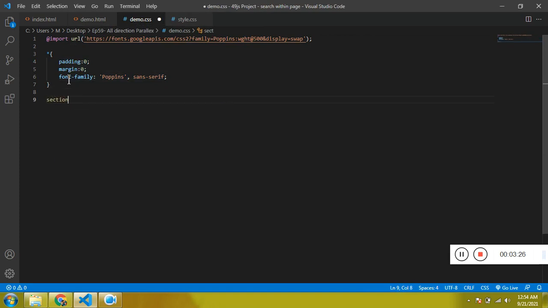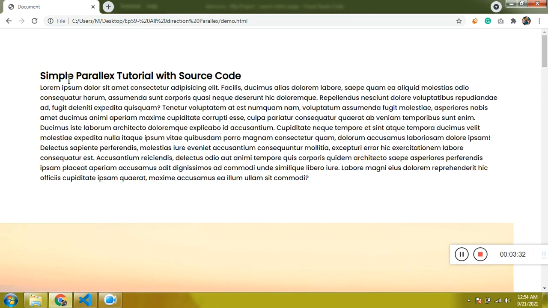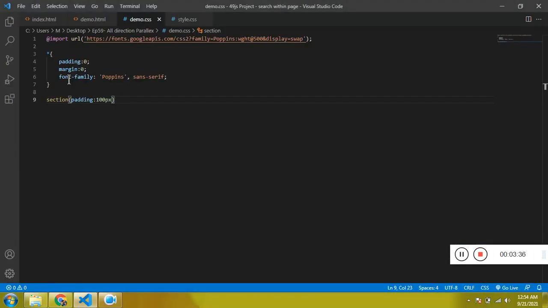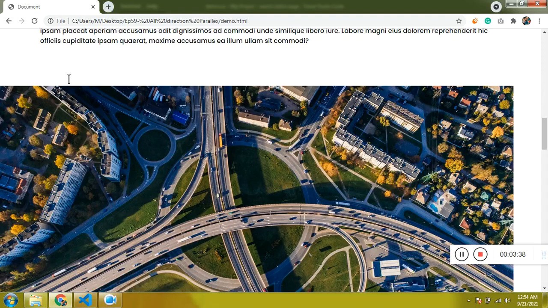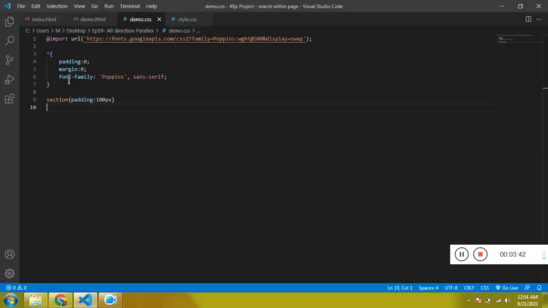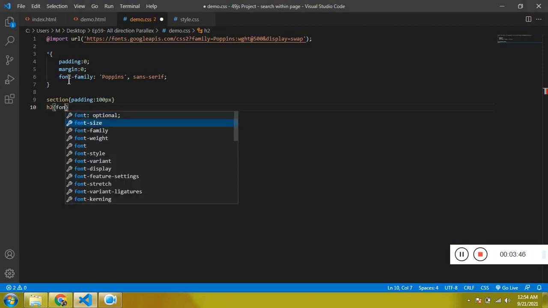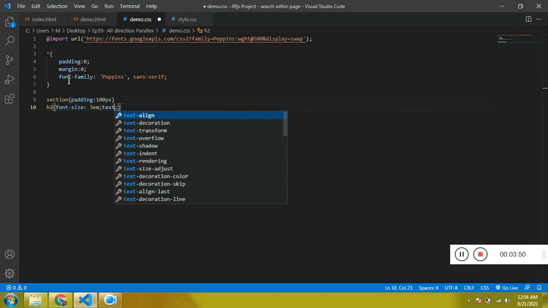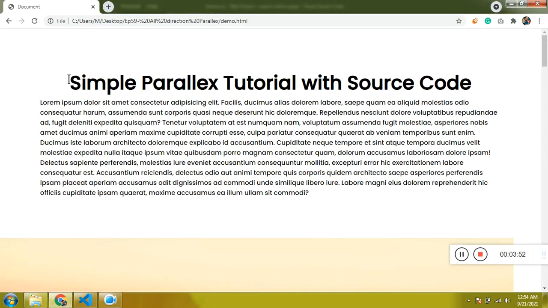Now the section is going to have padding of 100 pixels on all sides, and then we have h2 font size. You can have whatever you want. Let me make this 3em, and text align center.